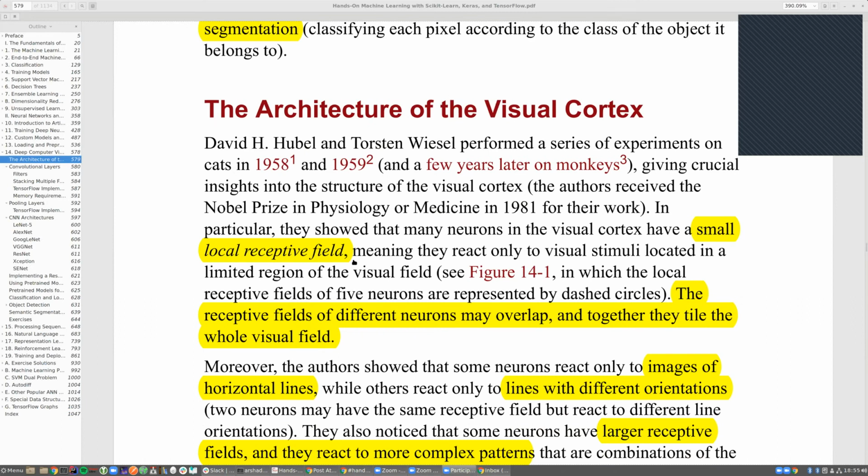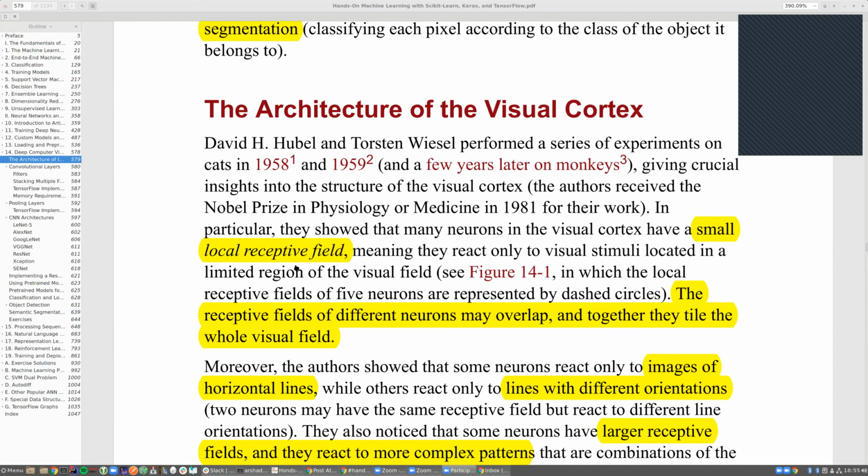The discoveries that were made were that, because scientists could measure the output of individual neurons since the late 50s and early 60s, they could tell that a particular neuron was sensitive to